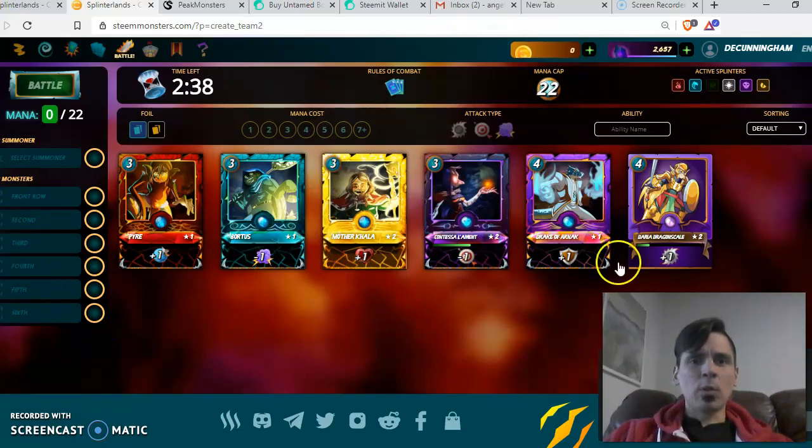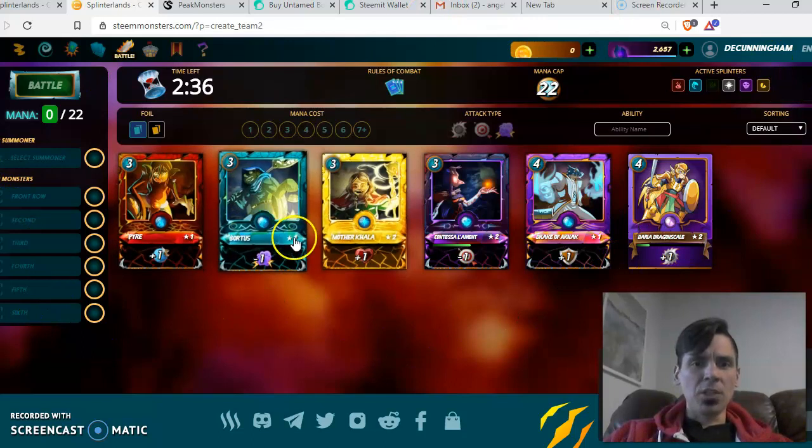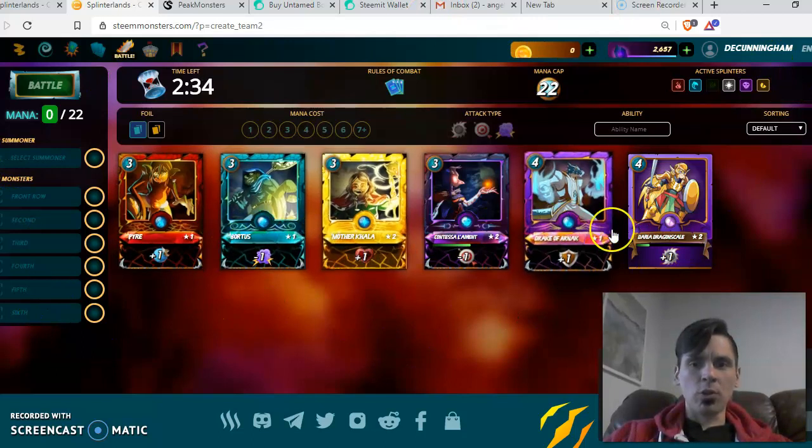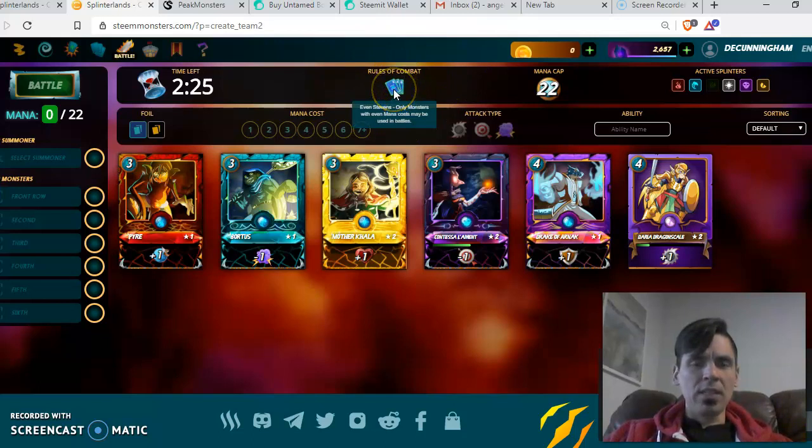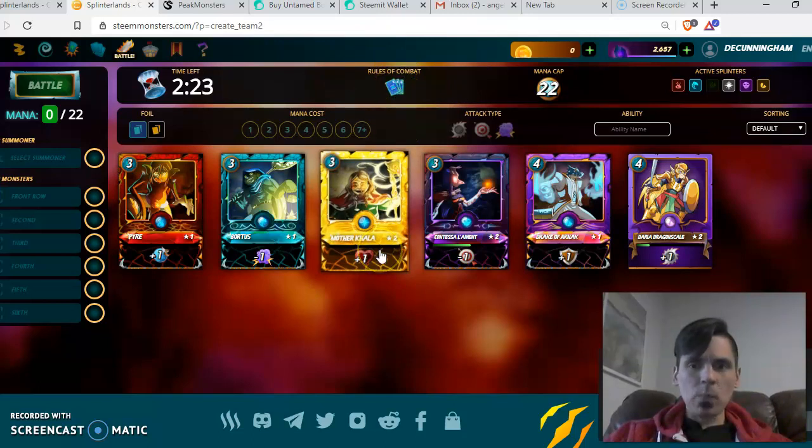This is one of my lower accounts. As you can see, most of the summoners are level 1 or 2. On this account, on this map, on this fight, I can only use monsters that have even numbers of mana. Let's try